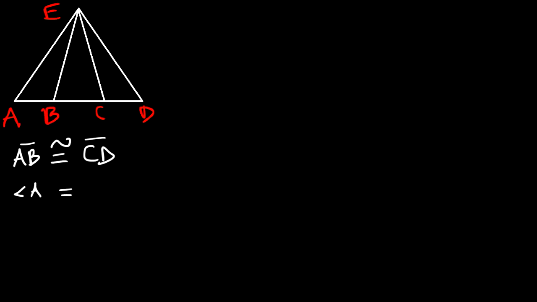Now let's work on some two-column proofs that will use the angle side theorem. So let's say this is point A, B, C, D, and on top E. And we're given that AB is congruent to CD. And also that angle A is congruent to angle D. So with this information, go ahead and prove that BE is congruent